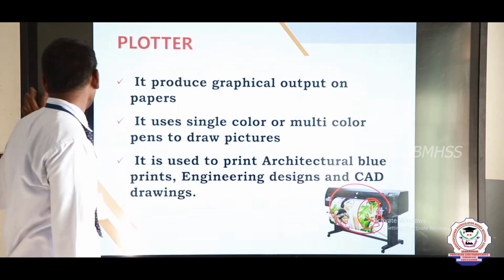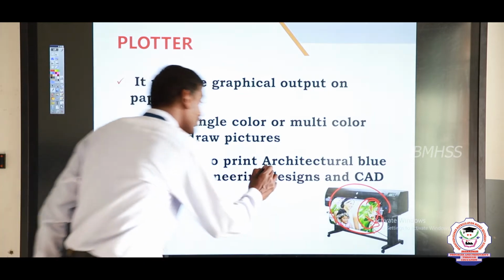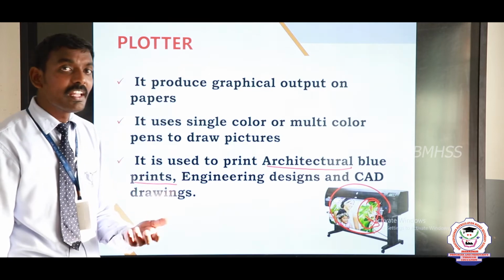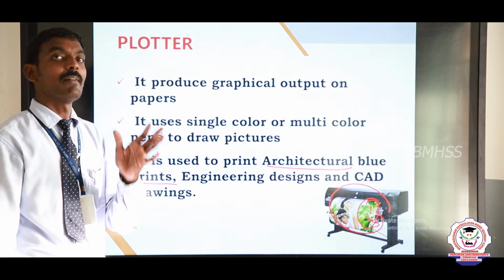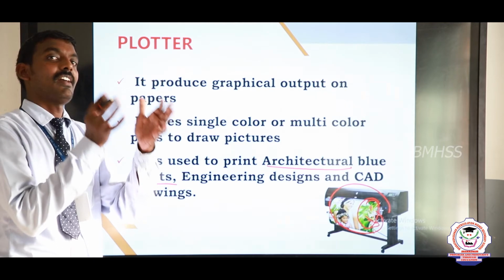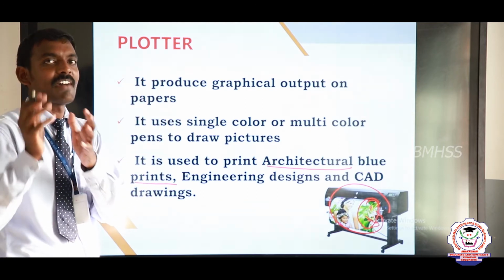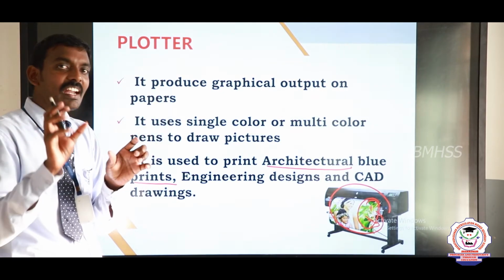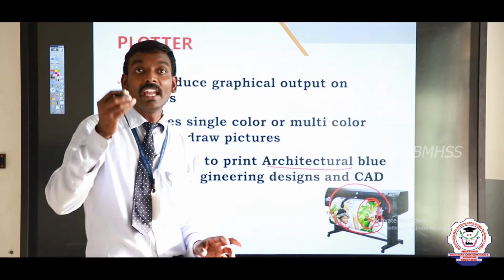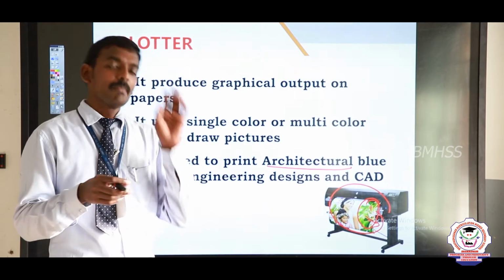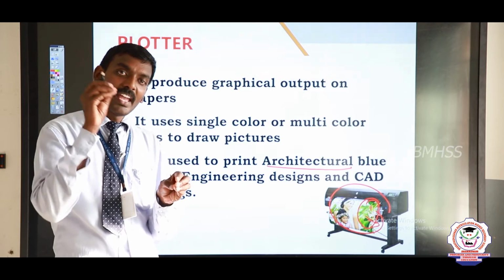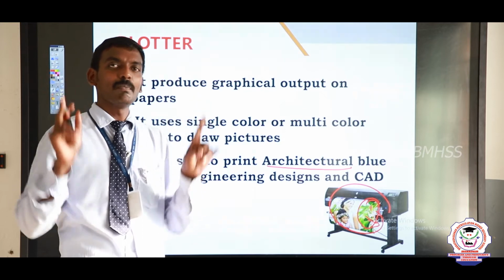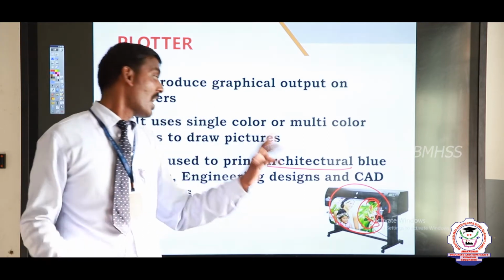Where is it used? Architectural blueprints. Where is the architectural blueprint? If we want to construct a new building, in that situation we need a blueprint showing where the kitchen is located, where the hall is, where the dining room is, where the bedroom is, and where the puja room is. This construction mapping should be generated with the help of a plotter. Why can we use a plotter? A printer is enough, but if you want to show which color is adapted for a particular wall and inner parts, everything should be clearly displayed with the help of a plotter only.